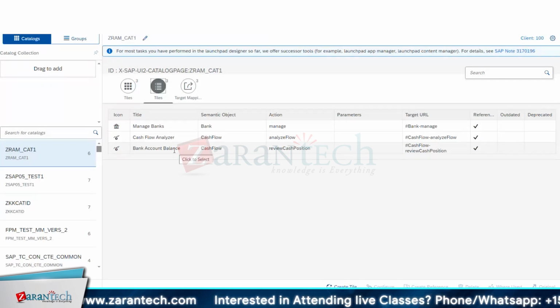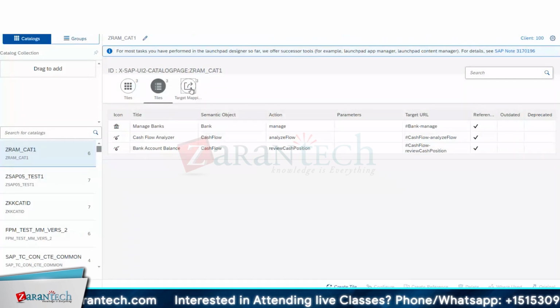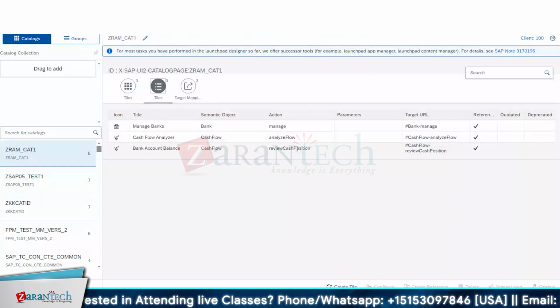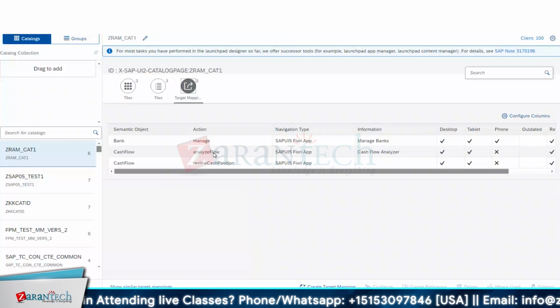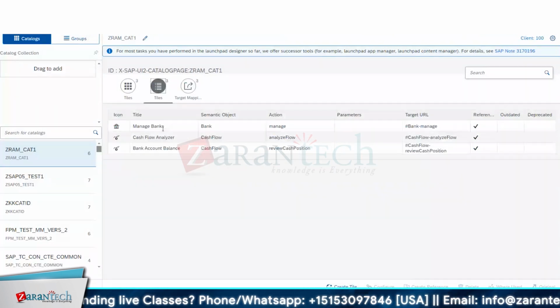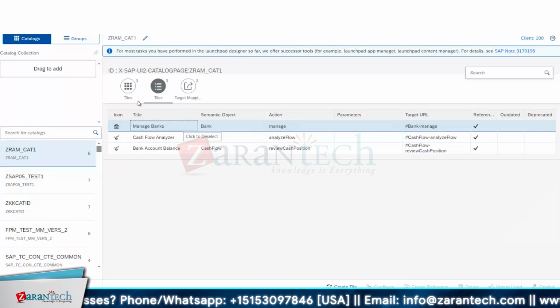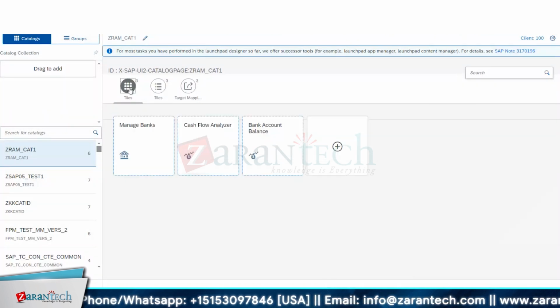Bank account balance, is that the one I copied here? Review cash position, analyze flow. Corresponding details only, how to copy correctly. Yeah. If you want these titles to be changed, you can change them. If you want different icons, suppose you don't want this icon. Cash flow analyzer and bank account balance are both coming with the same icons. This is your catalog, your wish. So you can go there,